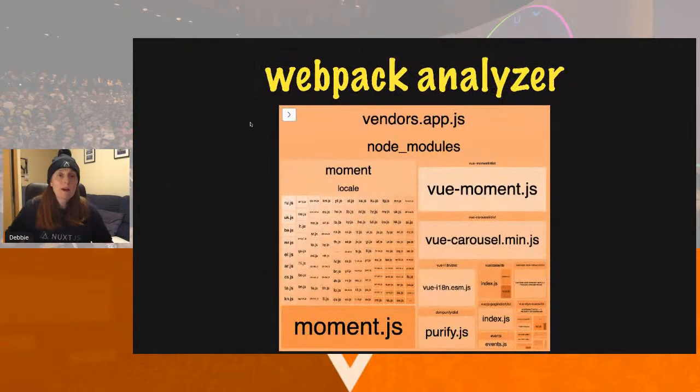Okay, Webpack Analyzer. For those of you Webpack fans, basically just use the analyzer. It's really, really simple. You can run this with Nuxt. You just put -A and you'll get the analyzer and be able to analyze the bundle. And you can see from here, we've got Moment and we're adding every single locale from every single language in the world. And we only support 3 languages. So that's where we saw that, oh, this is not good. So you can basically find those errors and fix them.